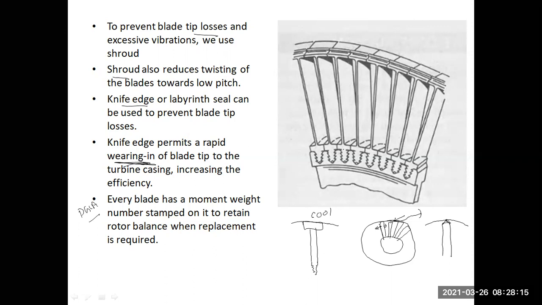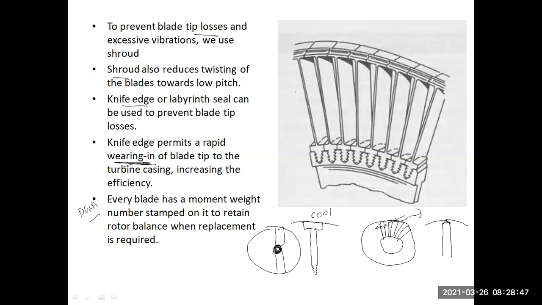When we are doing the static and dynamic balancing, sometimes you have to add weight, sometimes you have to remove weight from some side. Let us say this was a disc, and this is the blade. Two blades are dynamically opposite on the turbine disc. Let us say this part I'm finding out is heavier and this part, the bottom part, is lighter. So I have to remove some weight from here. I will machine and remove some weight, and that way we are balancing this.